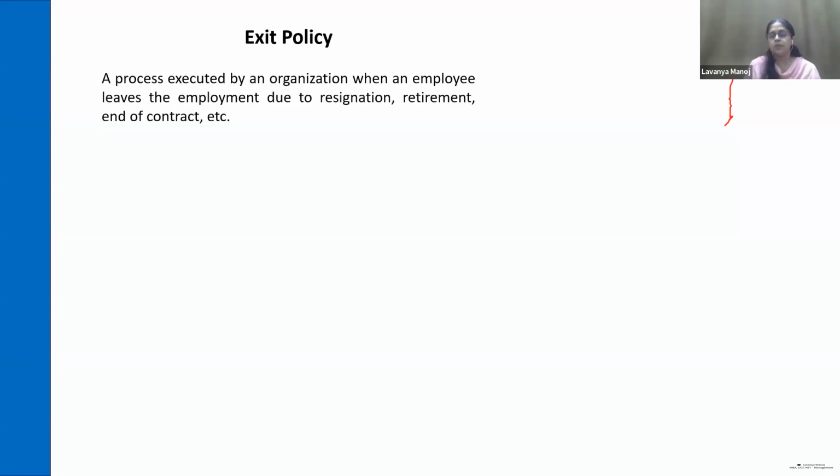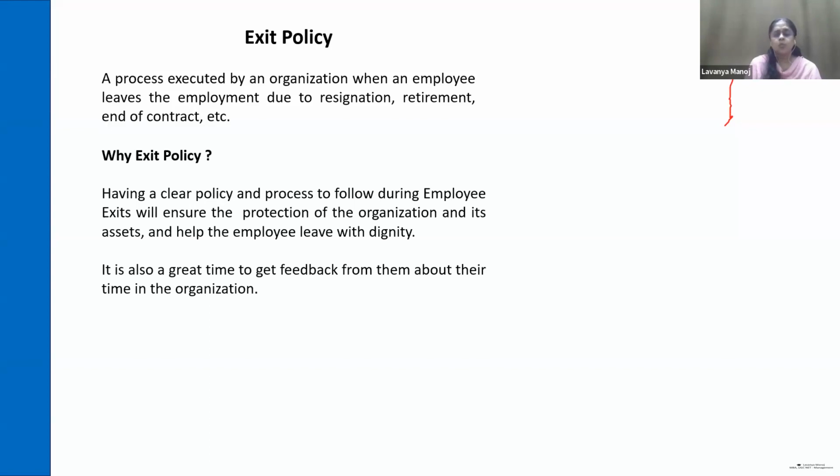And they will not be taking anything from the organization anymore. So why is it done? Not only for handing over all the stuff given to the employee, but it is also helpful for the organization to understand and analyze what is the main reason the